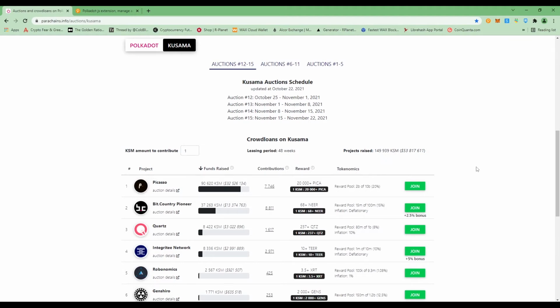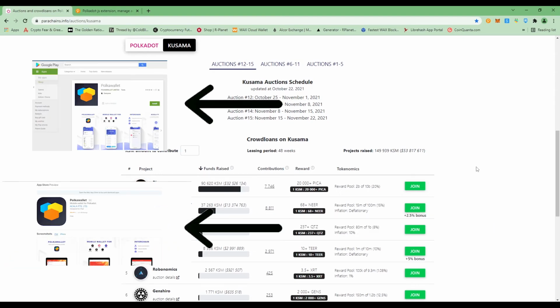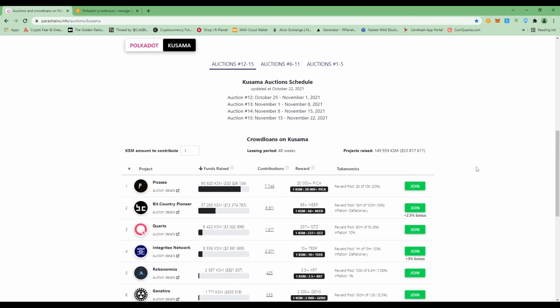If you want to see how much crypto you have in your Polkadot extension, you need Polka Wallet, which is the mobile app of the Polkadot extension, and you download that Polka Wallet from your App Store or from Play Store, and there you paste your seed phrases, right? You log in using your seed phrases, you create a new password on your mobile, and then you will be able to see how much crypto you have in your Polkadot extension.